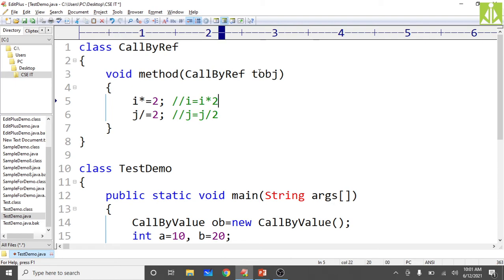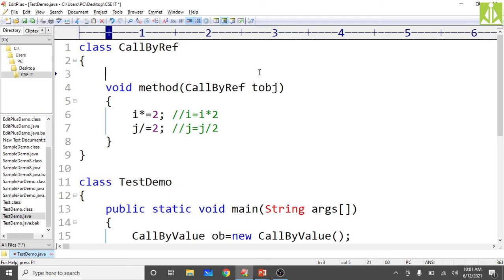Now using the temporary object, inside this class first you declare two variables, int a comma b.